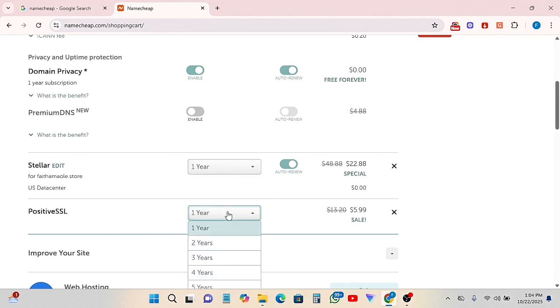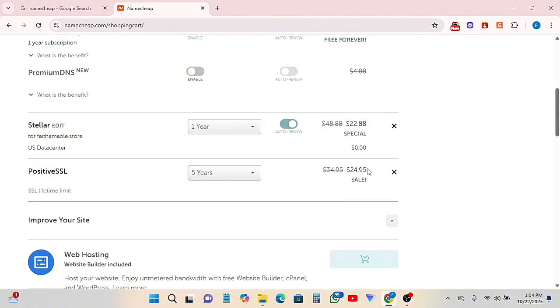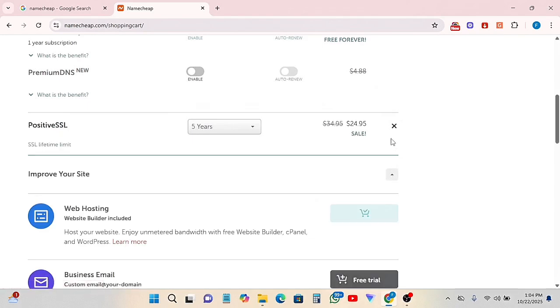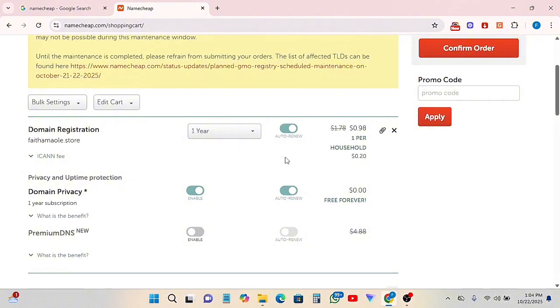And check your SSL. You can host for as long as 5 years. It's optional. You can choose 1 year. So for now, I'm going to remove this one and this one and leave hosting. I just want to show you how to add these things to cart. As soon as this is done, the next thing we're going to do is, if you have a coupon code, let's say you have a coupon code like newcom. There is their regular .com price of 68. All right,